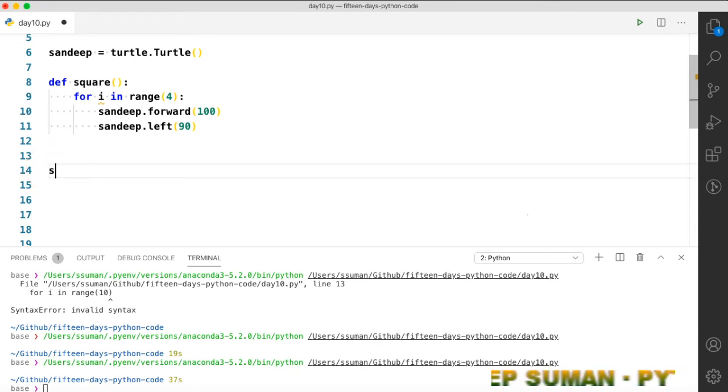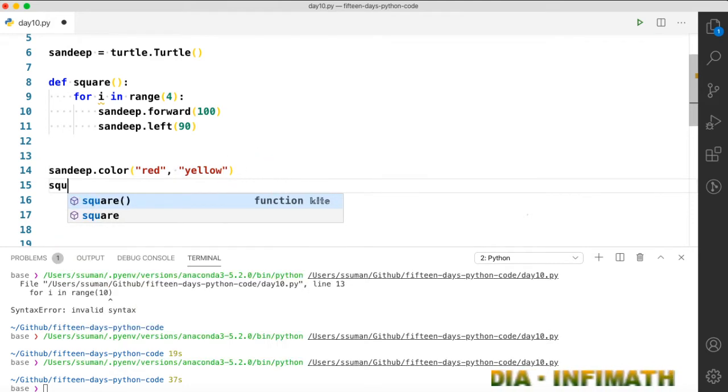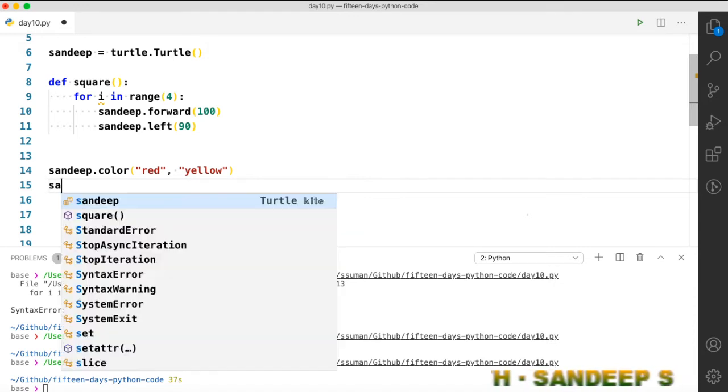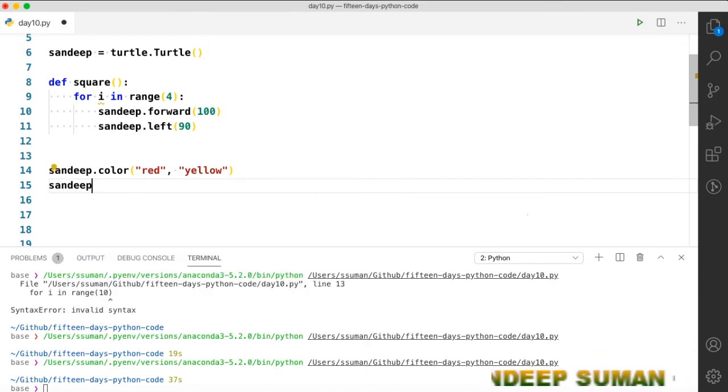So we can associate a color with Sandeep and we can provide two colors, like red and yellow. And we will start filling color.